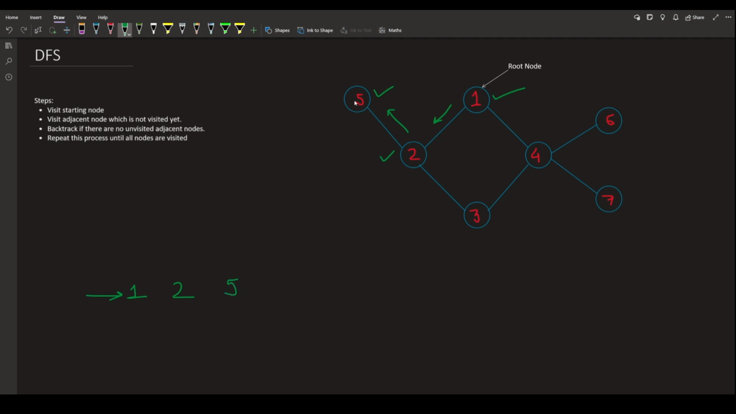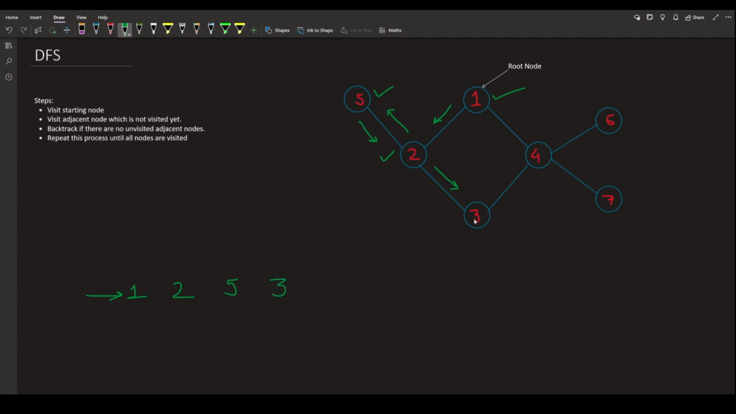Now we will be checking all the adjacent nodes which are not visited and visiting that. So for 5, 2 is the adjacent node and it is visited, so we will not be moving to that, but we will be backtracking back to the previous node, that is 2. So here 2. Now we will be checking the adjacent nodes of 2, that is 1, 5 and 3. So 1 is visited, 5 is visited, 3 is not visited, so we will go to 3, noting 3